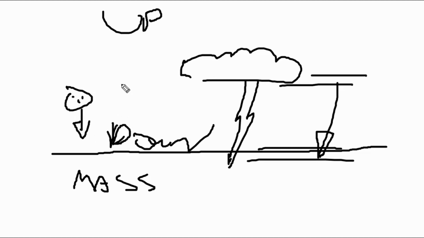The bowling ball falls to the ground and the balloon with helium rises up. Only once we've got the static differential. And it doesn't need to be a massive one. We just need to have a differential where it wants to go from one to the other. And there you go.